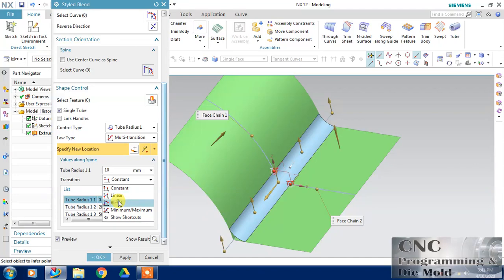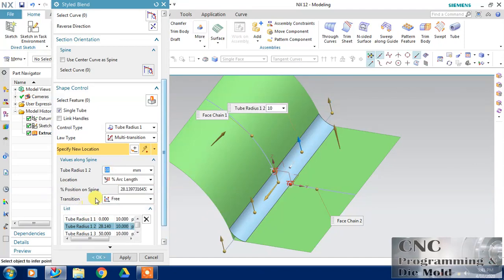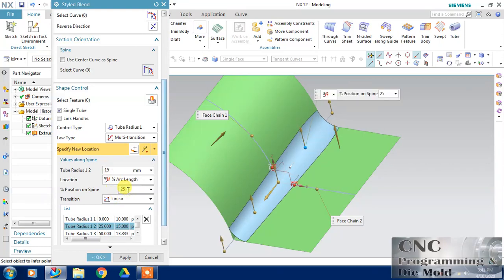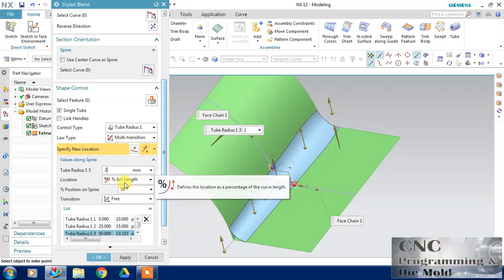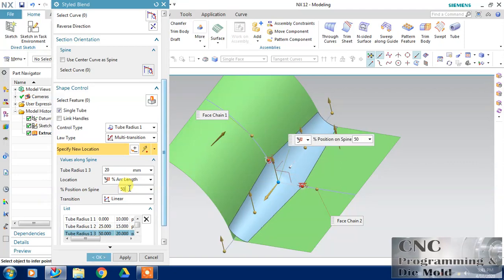Under transition I choose this add a blend. The first radius is 10 and click on second, and I want this second radius at 25% of the length and radius as 15, and you can see the result. And the third point is at 50% of my curve spine, and the radius must be 20, and transition blend so that it will come smooth.